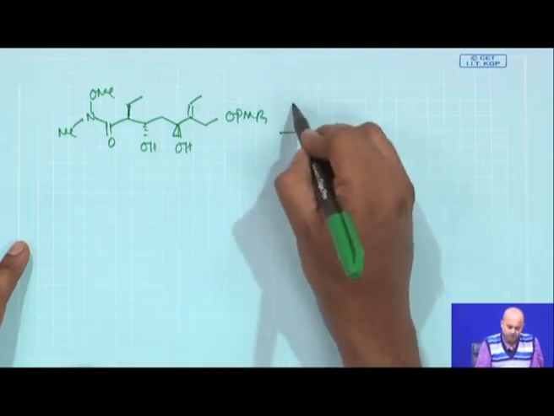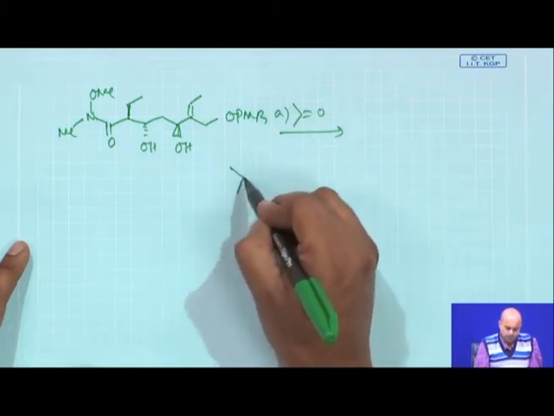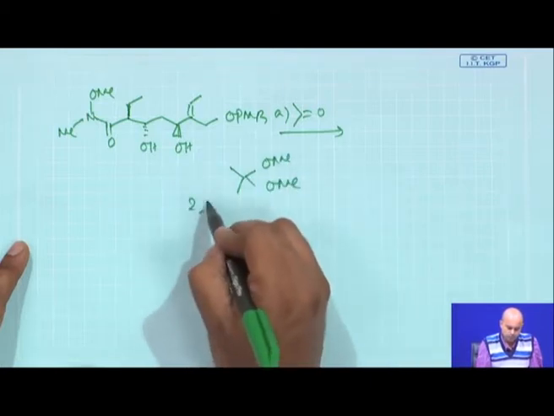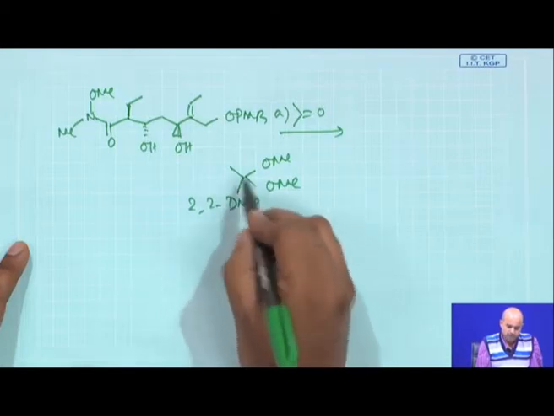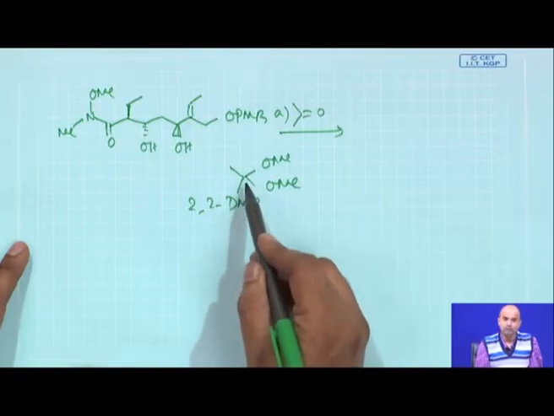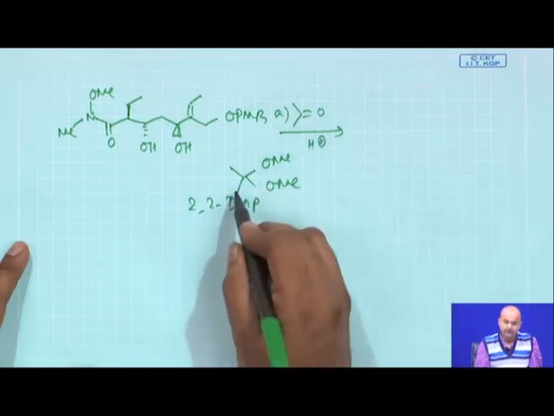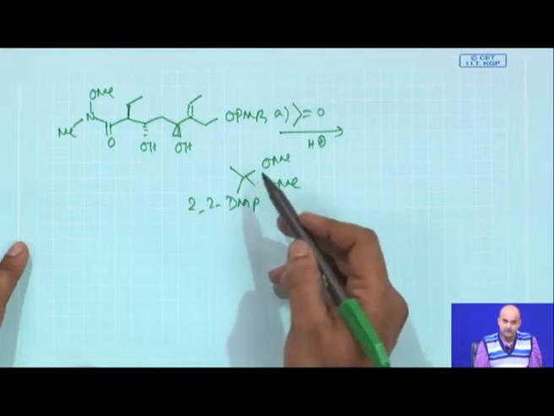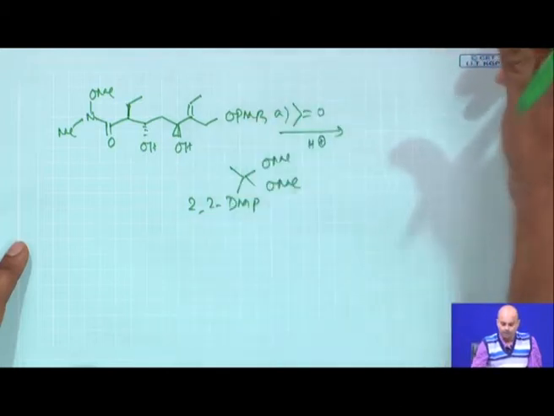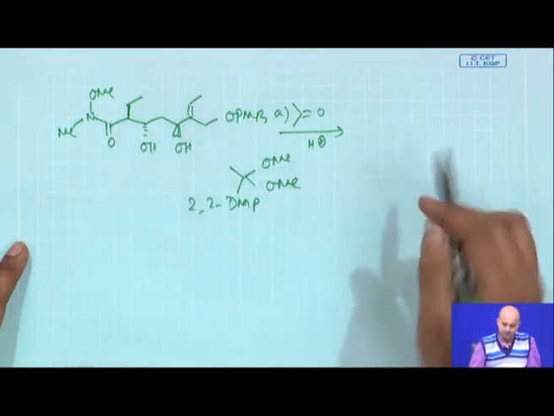Now, you react with acetone. Even if you do not have acetone, you can react with another reagent which I am now talking to you about, abbreviated as 2,2-DMP, 2,2-dimethoxypropane, which is basically the dimethyl ketal of acetone. Now, what is happening? If you take this compound in presence of H+, it releases acetone with the loss of methanol. This is a trans-ketalization reaction. So, this methanol goes off and gives you acetone. Now, this acetone reacts with this 1,3 diol.